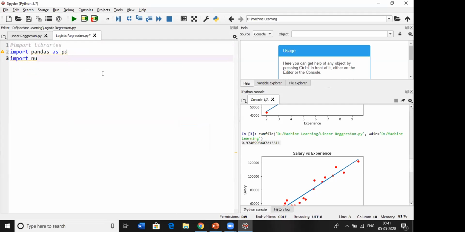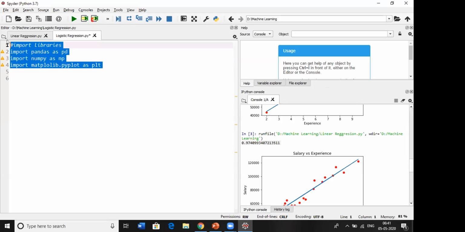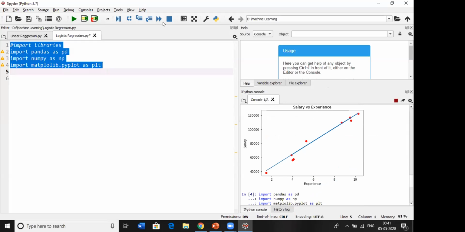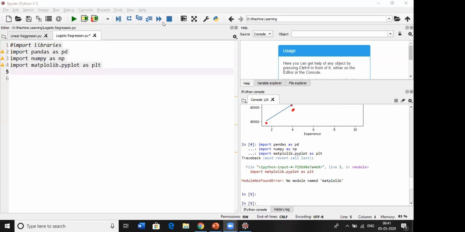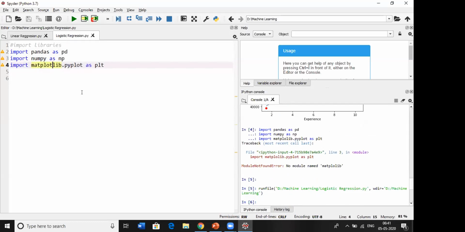NumPy is for mathematical calculations and array creation. And we have Matplotlib for visualization. So we have imported the libraries. Let's select and run this. Now we have successfully imported the libraries.